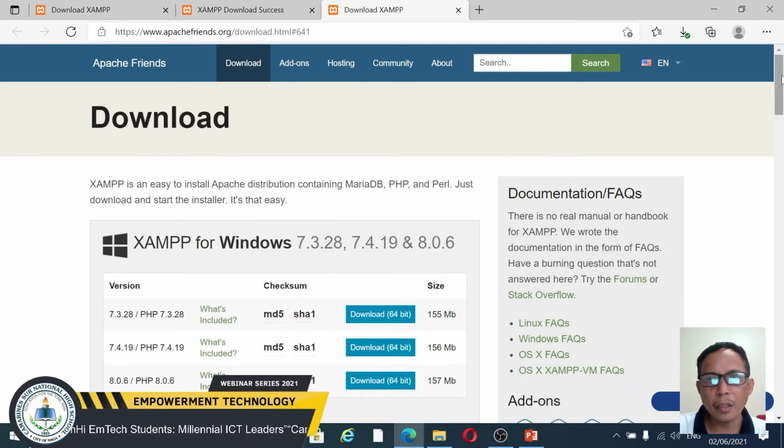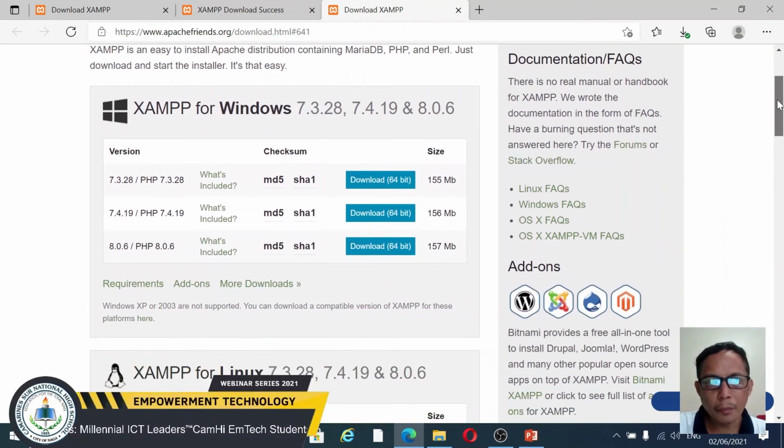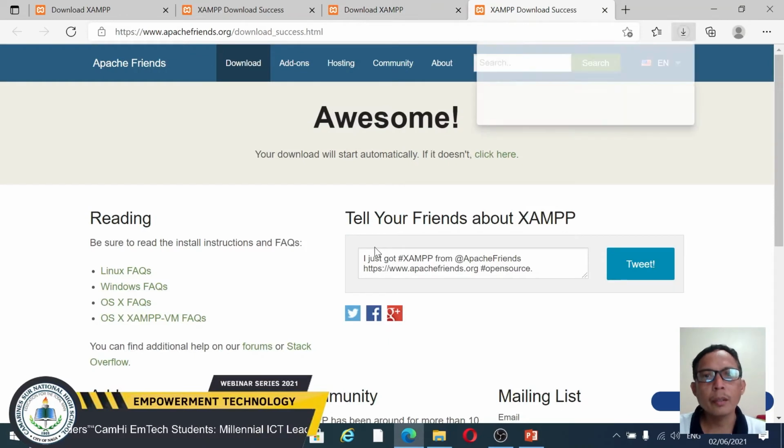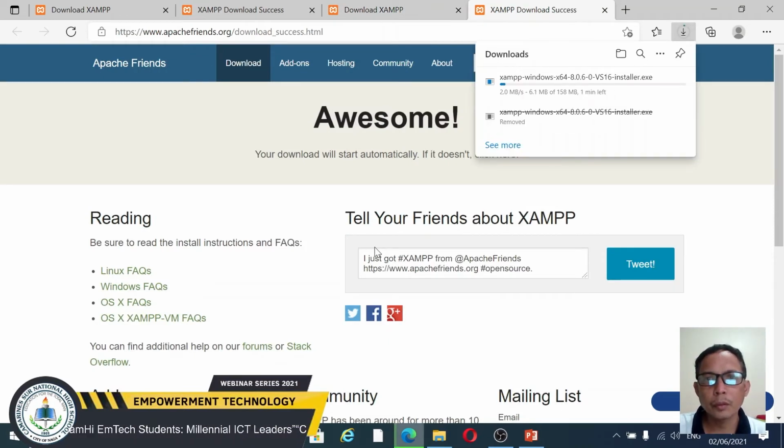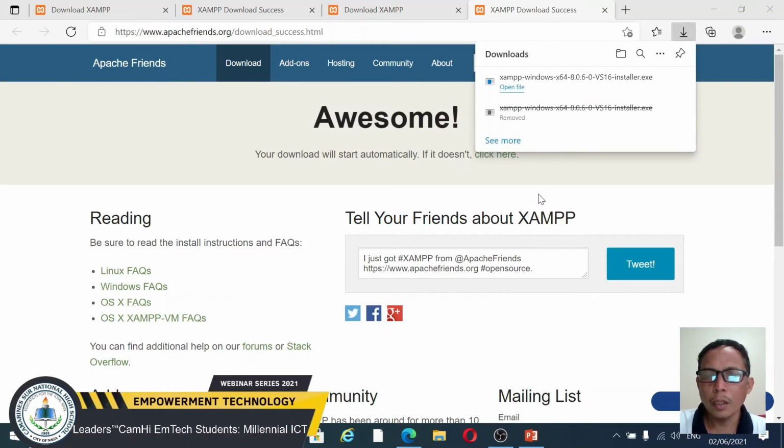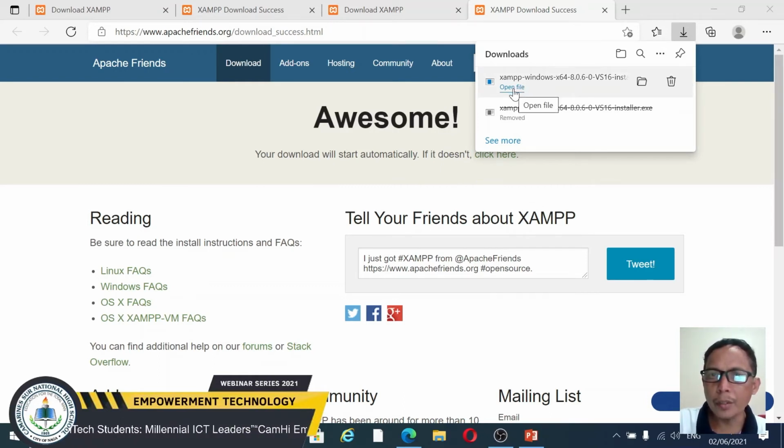It is the official website of the Apache organization. Since I am using the Windows 10 version, I need to download this. Then after you download XAMPP, you can open it from the download directory or just click it.